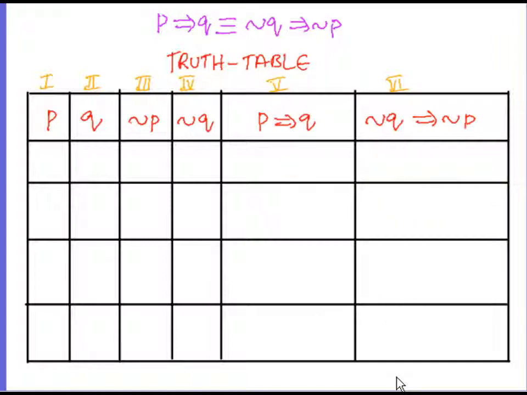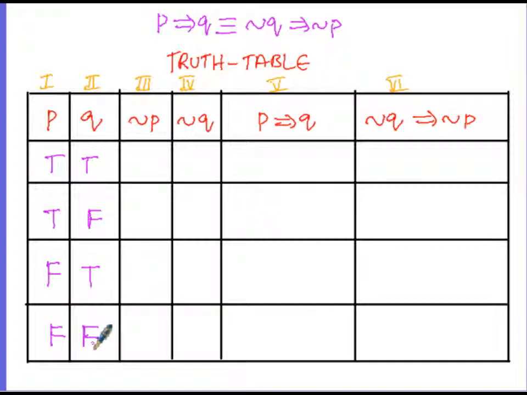Now we know that when we consider a single statement, a statement may be either true or false but not both. But here we have assumed two statements. So in this case, when there are two statements, the possibilities will be 4. Both may be true and both may be false. And if one is true, the other will be false. If the first one is false, the second one will be true. So in this manner there are 4 possibilities.